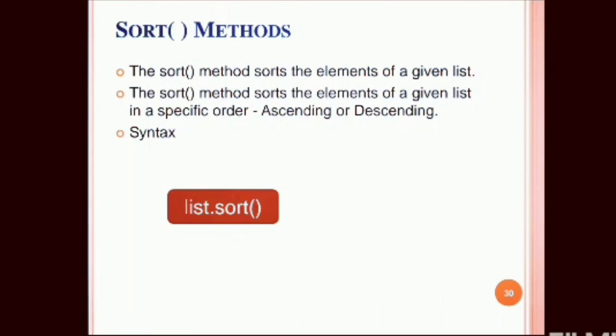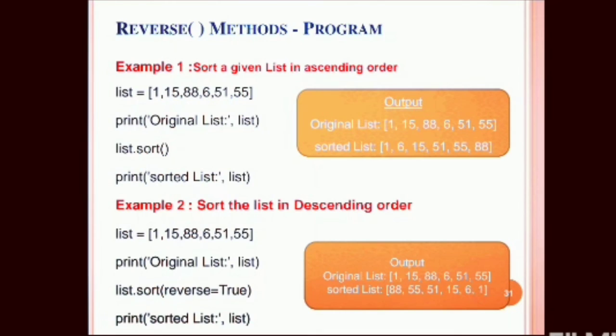And then next is the sort method. The sort method sorts the elements of a given list. It specifies order, ascending or descending. Syntax: list.sort(). Sort method program: the first one shows sorting a given list in ascending order and the second one shows